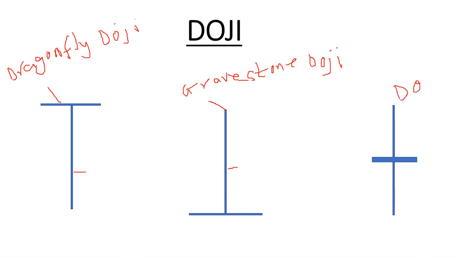It has a cross-like formation, indicating conflict between buy and sell orders. As you can see, there's a balance between both orders. That's what it means. So a doji can be found at the demand zone. Anytime you see a doji at this level, it's an indication that price will reverse to a bullish direction. Anytime you see a doji at the top, it means there's a likelihood that price will be bearish.